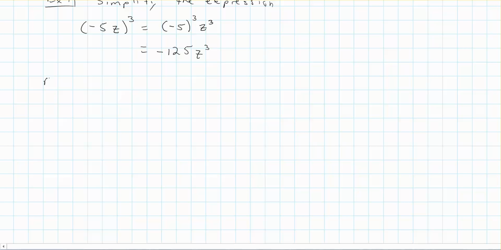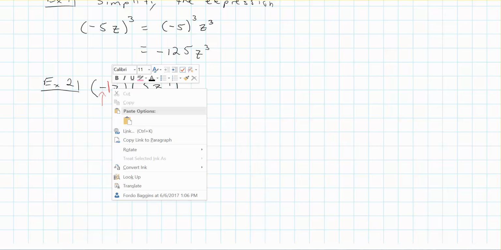Okay, so let's look at another one here. Let's look at negative z to the third power times 3z to the fourth power. Now the first thing we should notice here is that I have a negative here. So notice the negative. There's actually a number here because a negative is the same thing. I'll kind of write it in between here as having negative 1 times